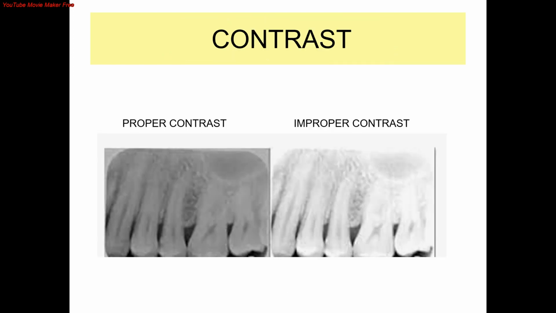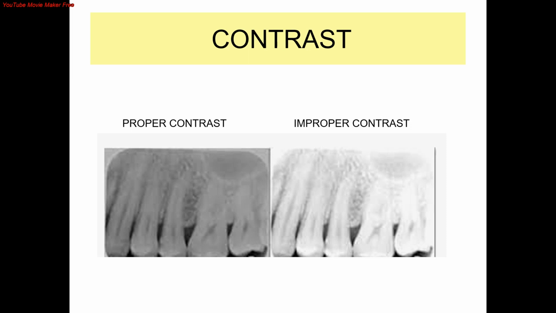Now, next is contrast. The difference between adjacent densities within a radiographic image is called contrast. This means if the difference between enamel and dentine is clearly seen, it is called good contrast. Factors that affect radiographic contrast include scatter radiation, which will decrease contrast, but proper collimation counters this effect. The higher the kVp, the lower the contrast, and the higher the mA, the higher the contrast. A radiograph that demonstrates a large difference in density between adjacent structures is called short scale contrast and is good, and less difference between densities is long scale contrast and it is not good in radiographs.